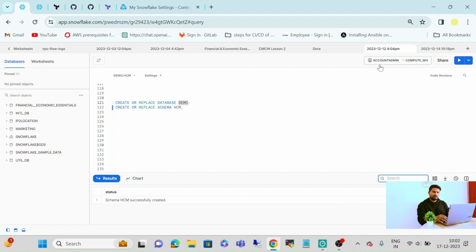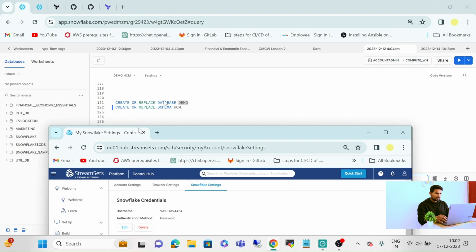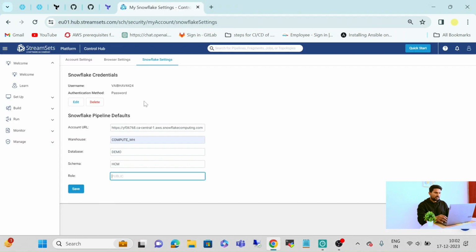So my account role is account admin. So I will select here account admin and click on the save button. So after saving, our Snowflake connection with the StreamSets account has been established.